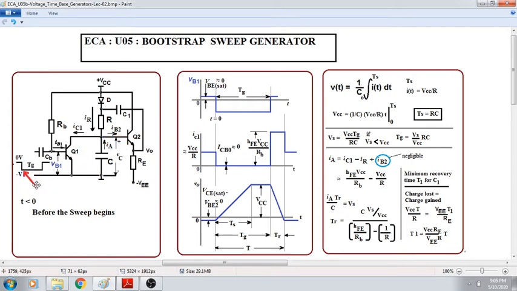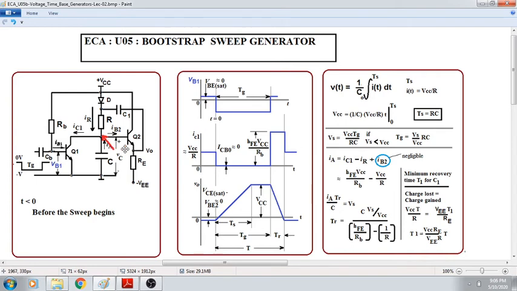Before the start of the sweep, please remember, we have not done anything to the circuit. The only thing is the input is 0. So let us come back again. The input is 0. The gate has not started yet. This Q1 is in saturation, so the collector to emitter voltage is at saturation. This is VBE2. So V0 is equal to 0. This voltage is almost equal to VCC. The resistor has a voltage VCC across it, and here the current is VEE by RE approximately. The current in the base is VEE divided by HFE into RE. So the base current is negligible.